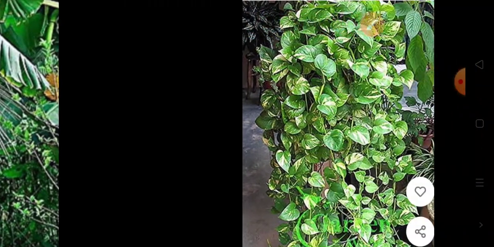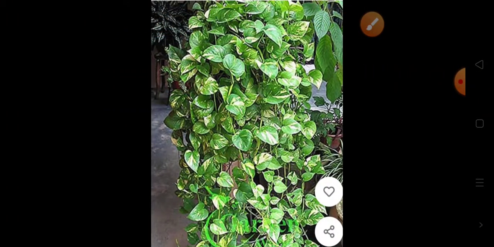Okay. Now, the stem of the money plant is shown in front of you. It is also green, weak and soft. This type of plant needs support to stay upright, meaning a climber type of plant. Climbers need support to stay upright.